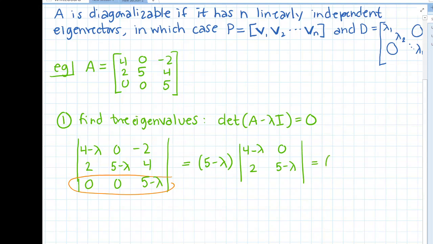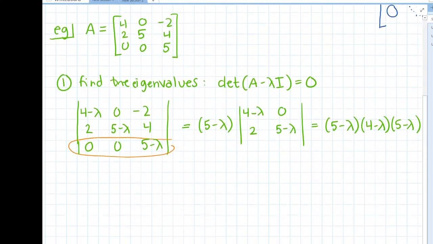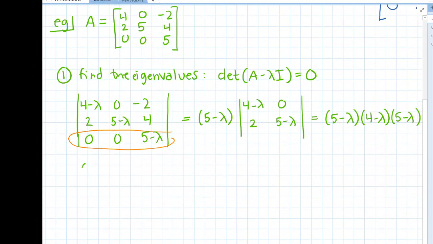And so that's going to give us 5 minus lambda times 4 minus lambda times 5 minus lambda, because when you take the determinant of this smaller matrix, the 2 and the 0 just give you 0. Okay, so now we're going to set that equal to 0. So we have 5 minus lambda squared is equal to 0. Oh, sorry, I forgot about the other part. 5 minus lambda times 4 minus lambda